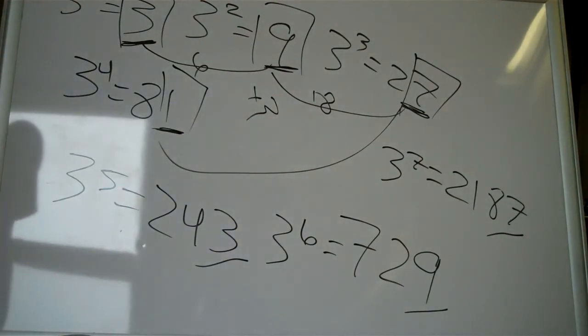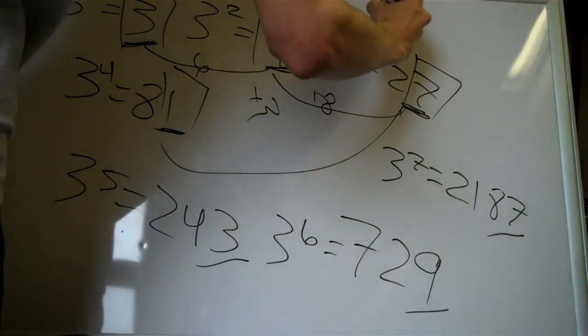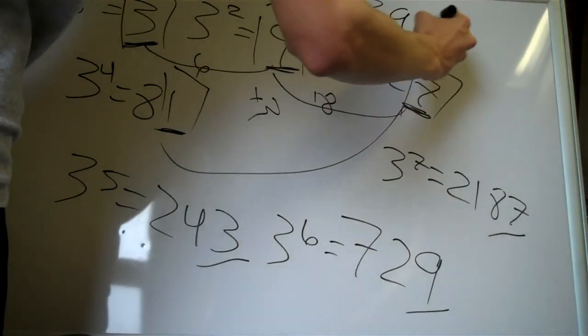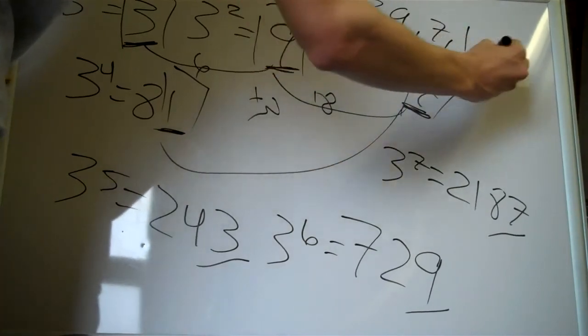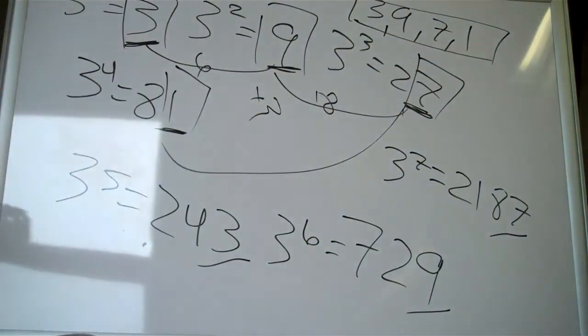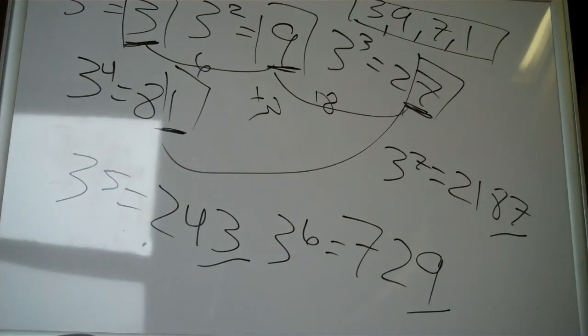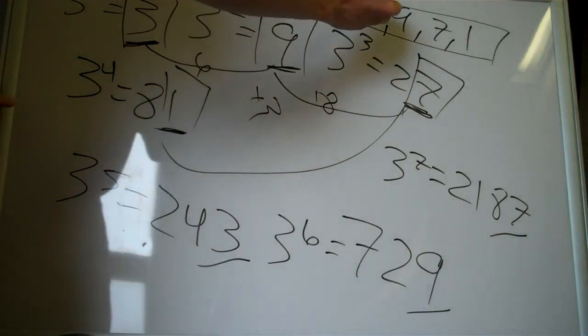Let's just check. 3 to the 8th. 6,561. So, hey, we got a pattern. The ones place changes in this pattern. This is the pattern of it. So, for every 4 powers that it increases, the ones